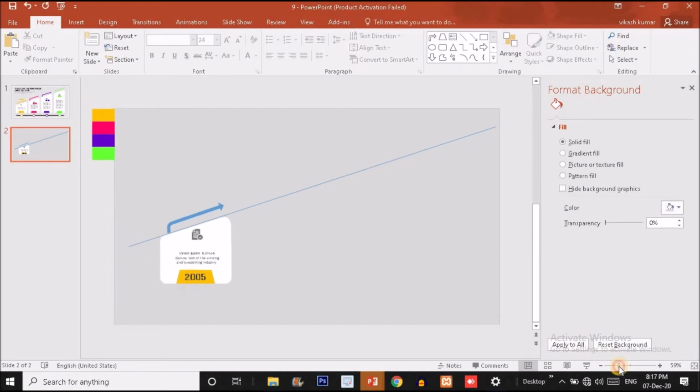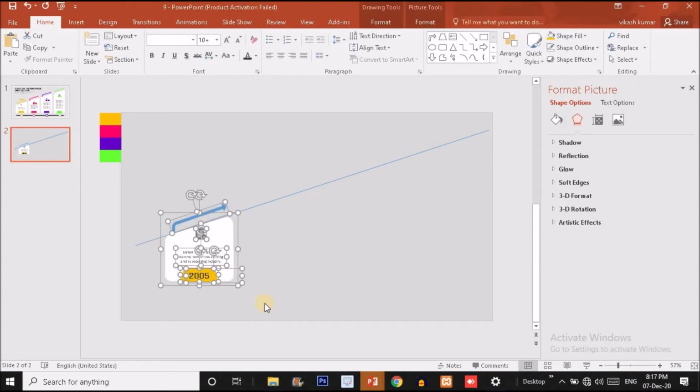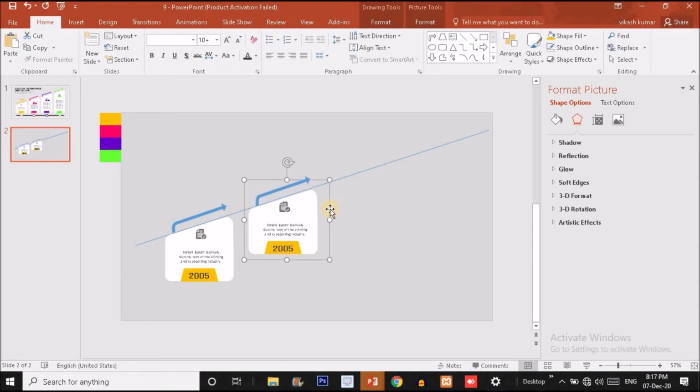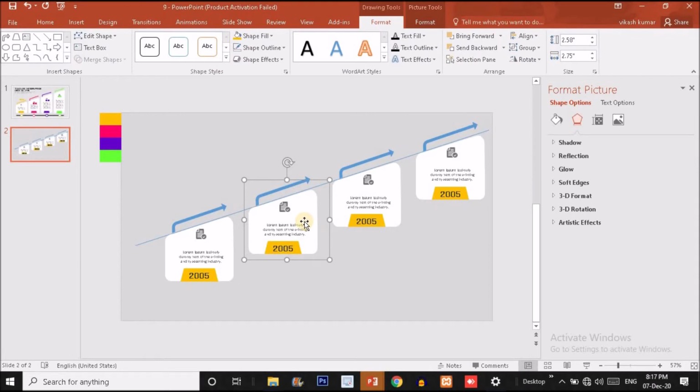Now the final step we have to do, and our timeline infographic will be ready. So select all these shapes and press Ctrl G to make a single group, press Ctrl D to make a duplicate copy, and put it over here. Again press Ctrl D and Ctrl D. Now you already know that this is a group of two shapes. So you have to choose the bottom shapes over here, and drag these bottom shapes until you get